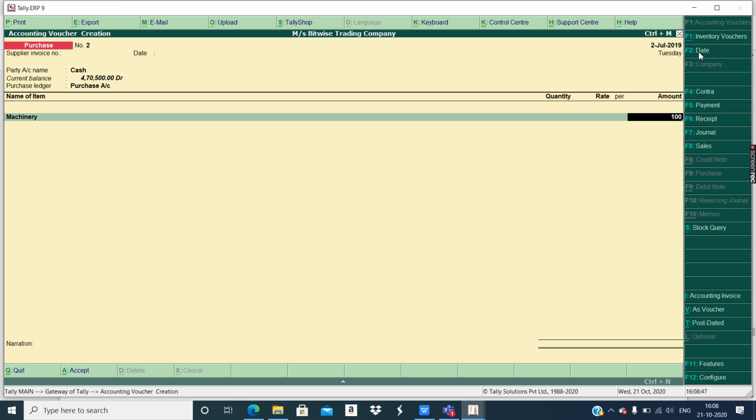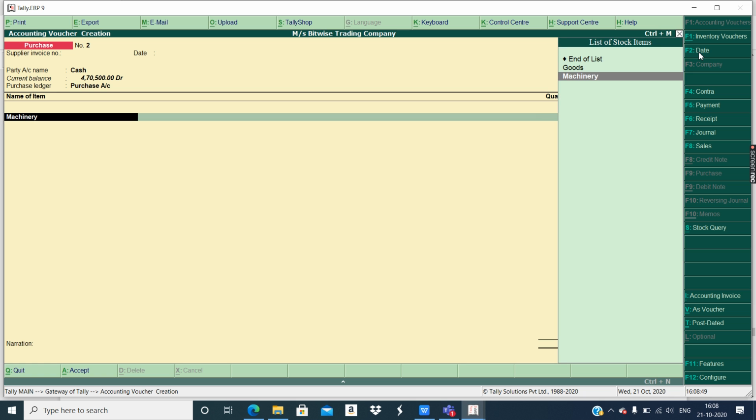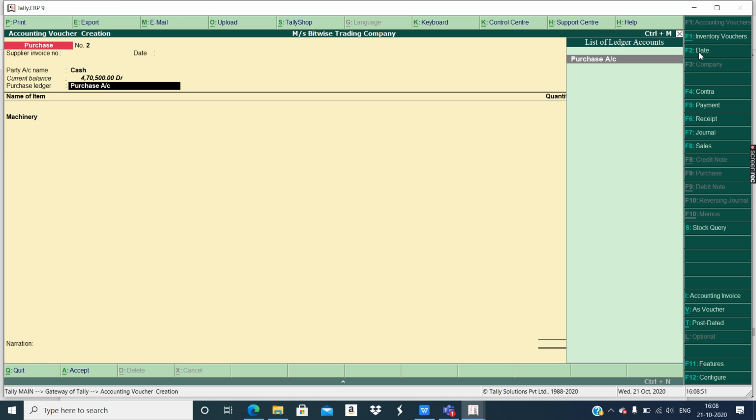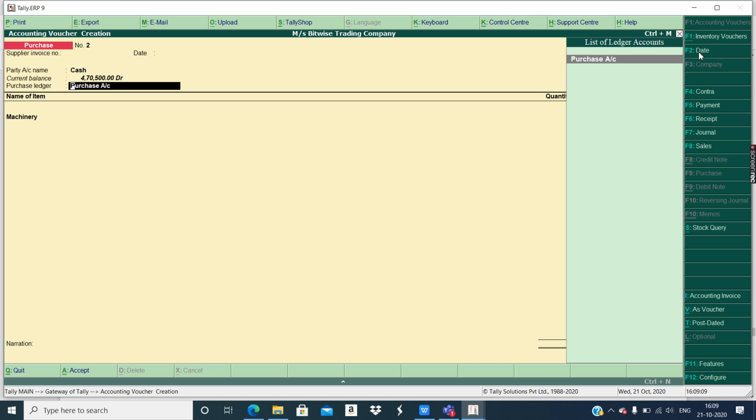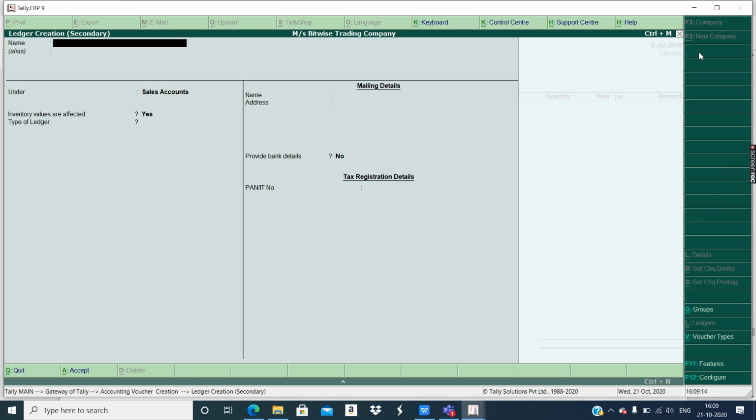So I'll backspace. If you have done any mistake, you can go back with the help of backspace. Now if you don't want the purchase account, and if you want machinery, control A. Here you want machinery, so alt C, create the ledger machinery.